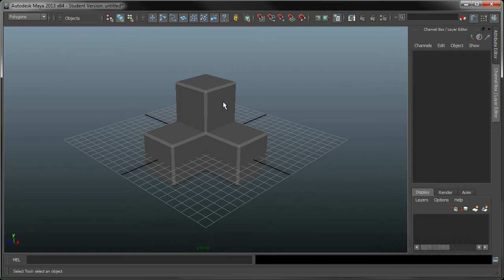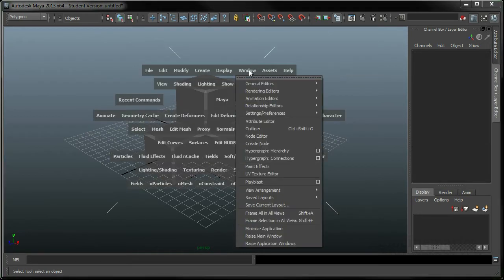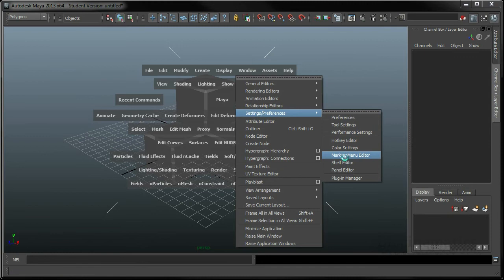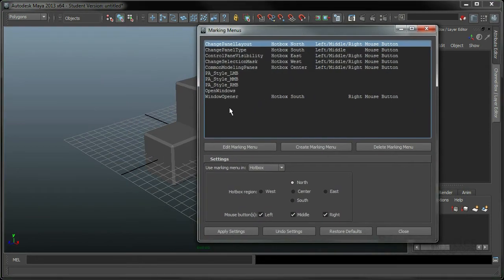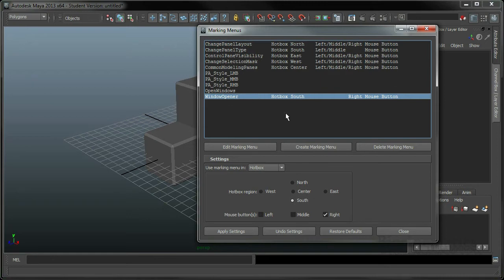Everything happens in the marking menu editor. So we can find that under Window, Settings, Preferences, Marking Menu Editor. And so you can see that I've made this window opener in the Hotbox South region. So what we can do is click Create Marking Menu,